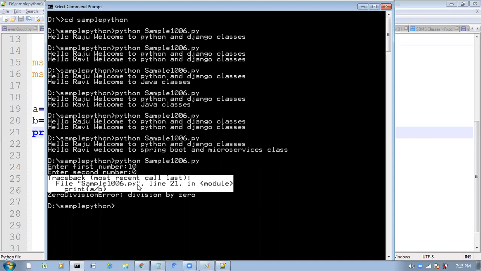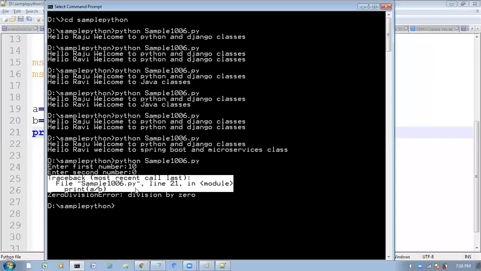Instead of displaying this message to the end user means what? Any non-technical person, say you are trying to withdraw money from an ATM machine, and sometimes ATM machines are not working. At that time, you get a message: please try after some time.